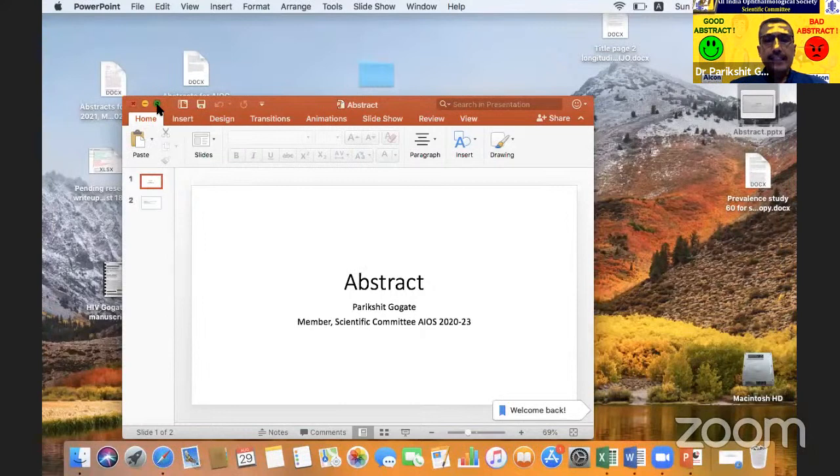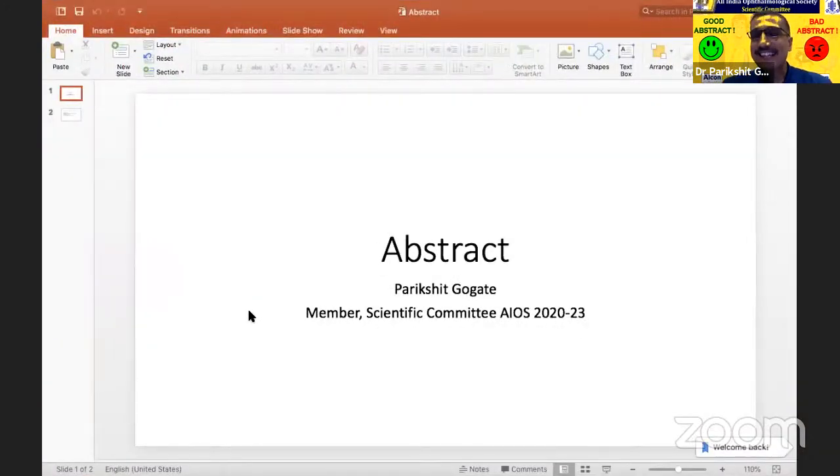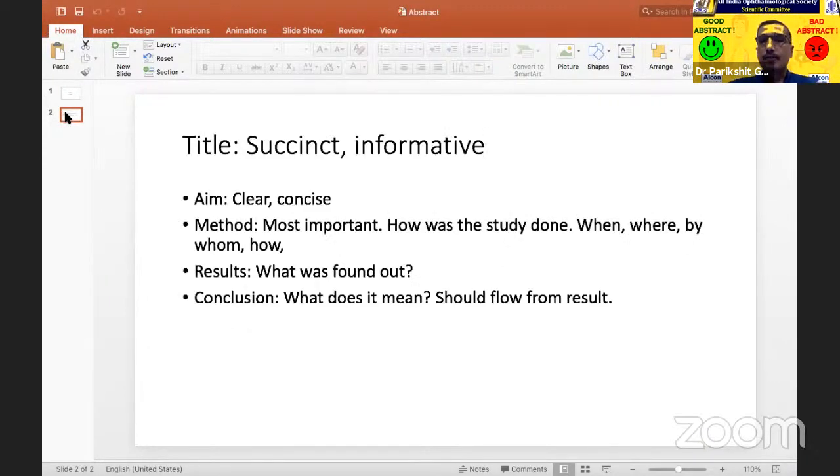Well, Dr. Rishikesh has explained it succinctly, and we've had a galaxy of speakers, all of them stalwarts in their own right, who have told us about their abstracts. Dr. Amit, of course, gave a very good talk about how an abstract should not be. In many places, an abstract is just 100 or 150 words, or just 1,000 characters, sometimes even less. So it has to be succinct and informative. As Dr. Manisha put it, the aim has to be clear and concise.